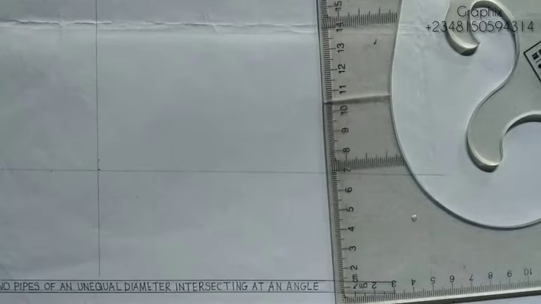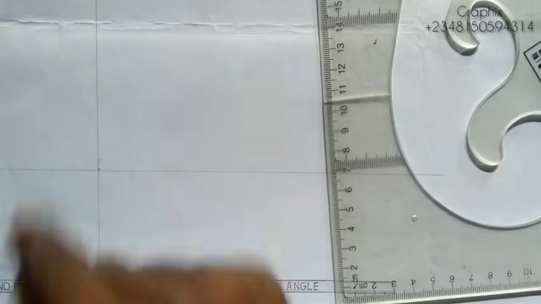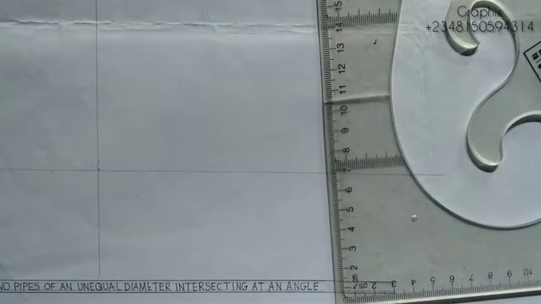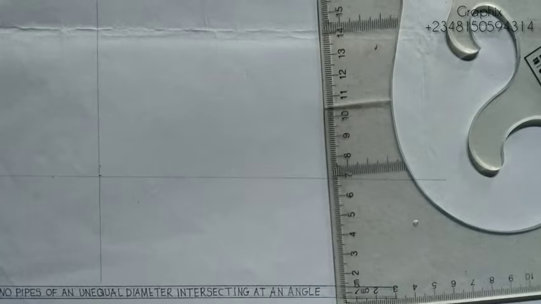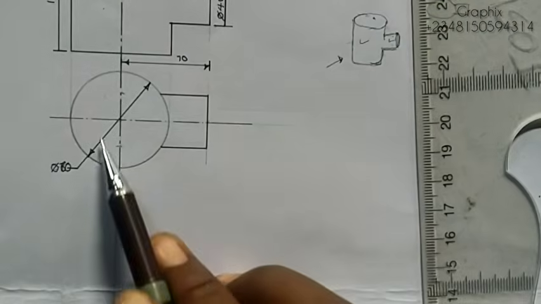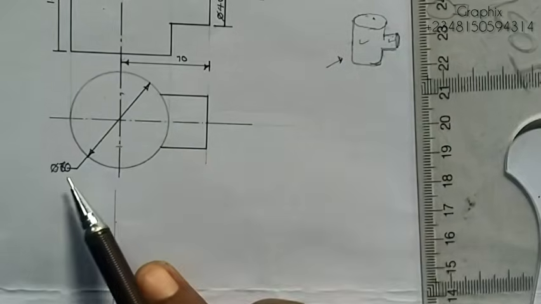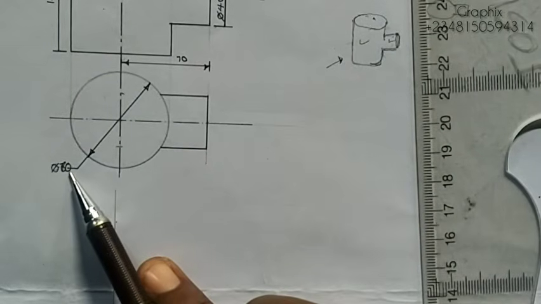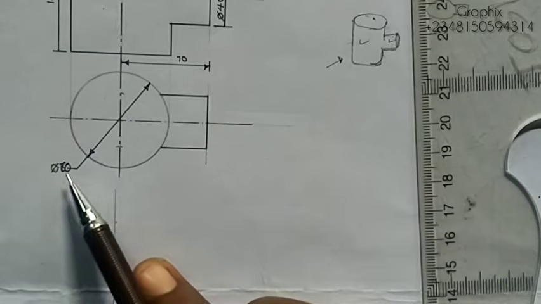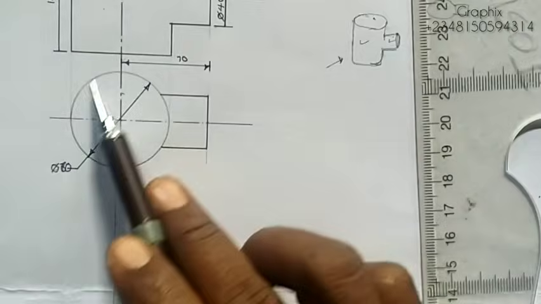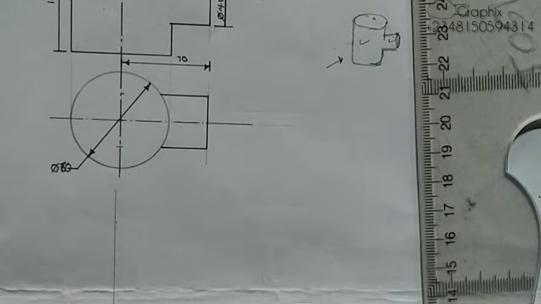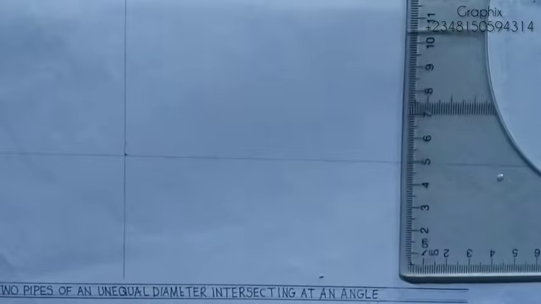Now after that, I need to draw the circle. If you watch very well, you see here this is the plan, and the diameter of this circle is what? 60. So I will start drawing my circle of diameter 60. So the radius will be what? 30. So with radius 30,